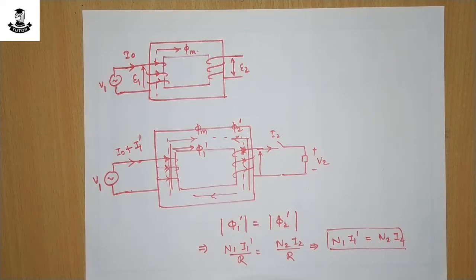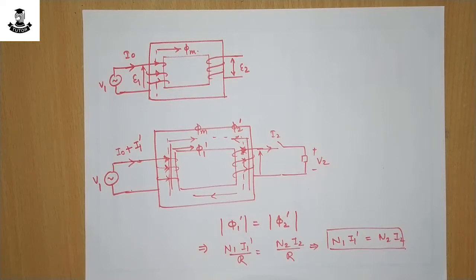Now, when the load is connected on the secondary winding, a mutual EMF will generate a current to the load so that an MMF will be developed by the secondary winding, called N2I2. According to Lenz's law, the flux produced due to this MMF will oppose the change in the main flux so that the induced EMF across the primary winding reduces. Due to this, a potential difference is created between V1 and E1. This will produce an additional circulating current I1 dash.